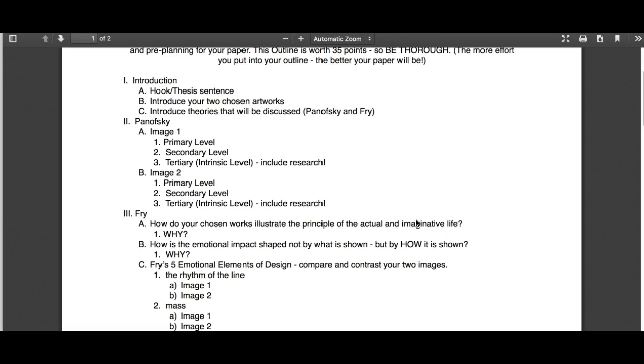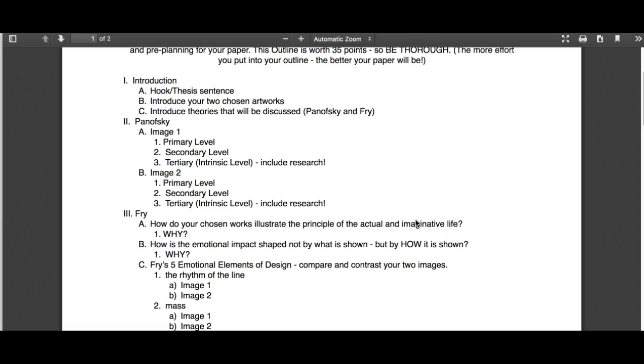So do some research on the artist, not just the subject matter. Sometimes students will pick a work that's from World War II about a specific battle scene, and they'll do a great job of researching that battle scene or that battle that took place, but they won't do any research on the artist and why this artist was interested in this subject and why they were creating this scene specifically in the way that they did.